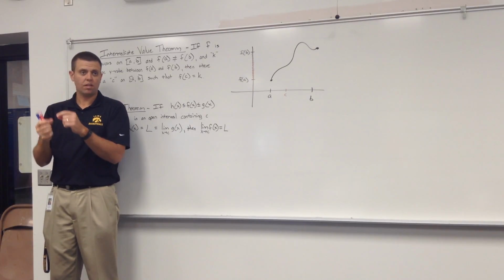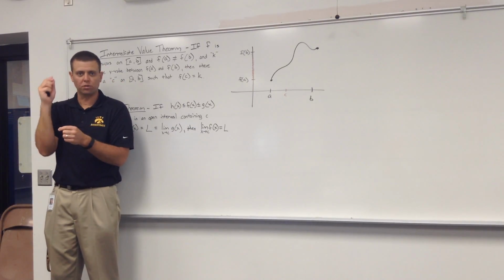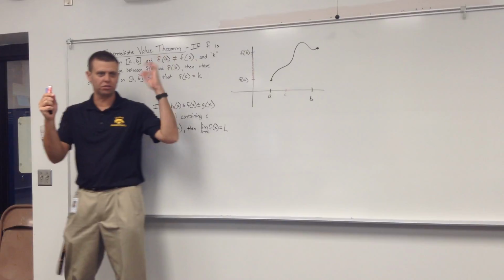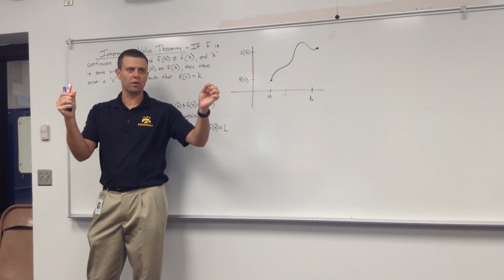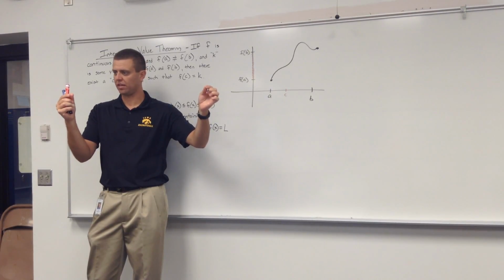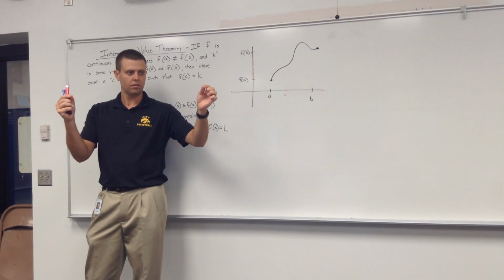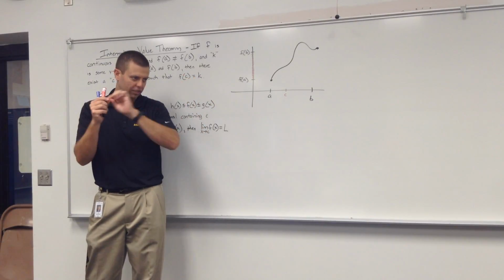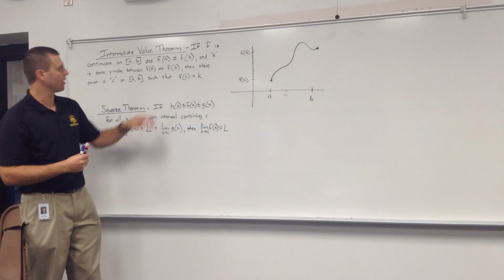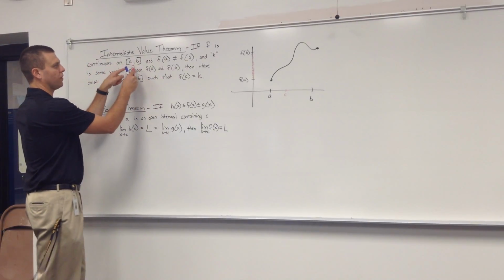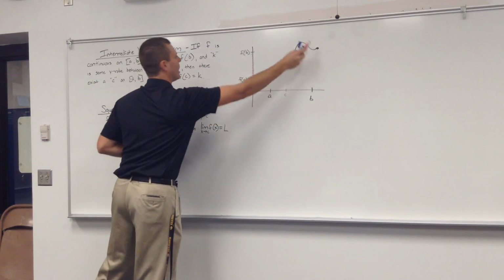Going back to the video, if I was going 60 miles an hour now, and then I was going 60 miles an hour again 10 seconds later, I have no idea if I was going any other speeds or not, if they cut that video off. There's no way to know if I just was going 60 the entire time, if I sped up or slowed down. So, if I have a continuous function, and f of A does not equal f of B,